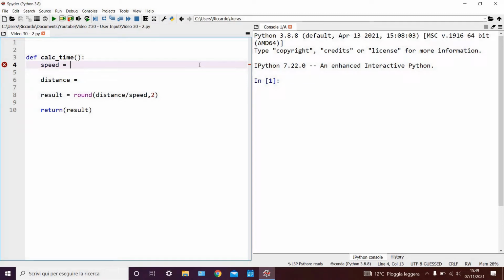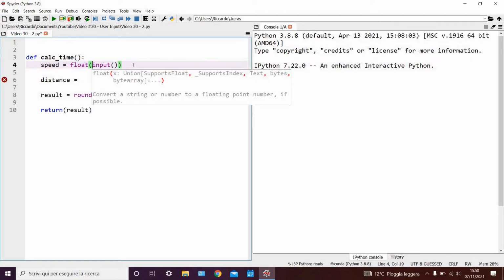Here we have a piece of code which calculates the time required to travel a certain distance at a constant speed. As you can see, our first variable is our speed. To get the speed, we can say that this is equal to input, as before. This, however, is not sufficient, as the input command produces a string, and we want a floating point number instead. So we can convert our value to a float simply by saying float